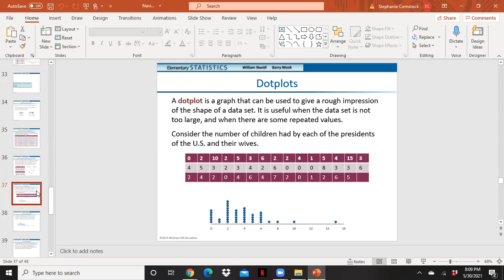patterns, okay? So what happens here is we create a number line across the bottom, and then every time a data point shows up, we put a dot or an X or some other type of indicator. And so we have the number of children had by each of the presidents of the US. So the first number is 0, so we put a dot. And then we have a dot at 2 and a dot at 10. I'm working across that top row. I have another dot at 2, I have a dot at 5, a dot at 4, so on and so